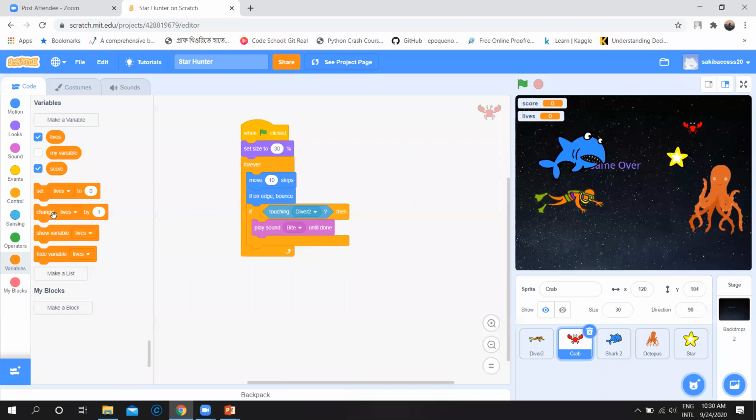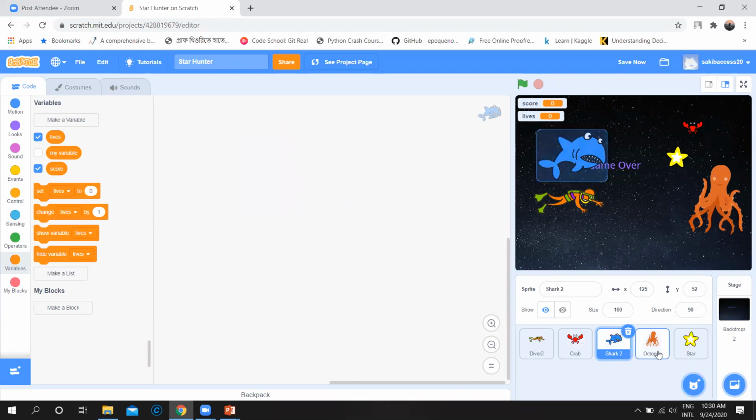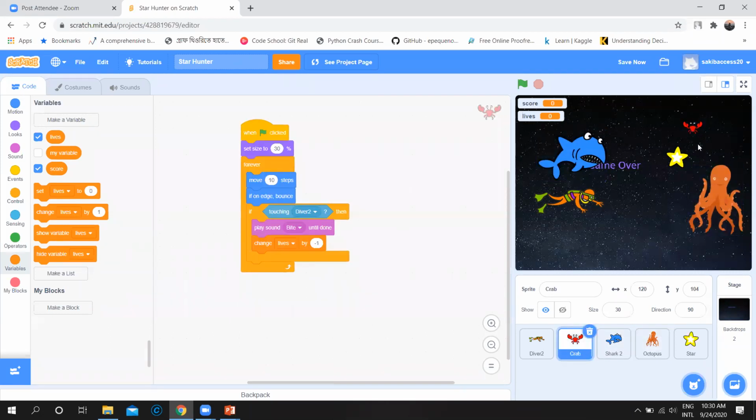If you add change lives by 1, it will increase the value. But if you enter -1, it will decrease the value of life. You will do almost the same thing for all other enemies, such as the shark and octopus. Their main target is that whenever they touch the diver, they decrease its lives by -1.